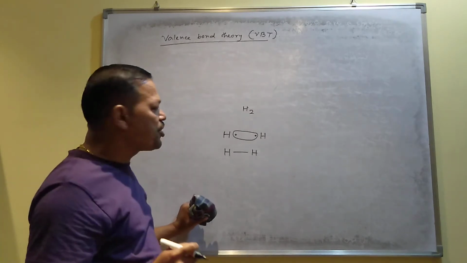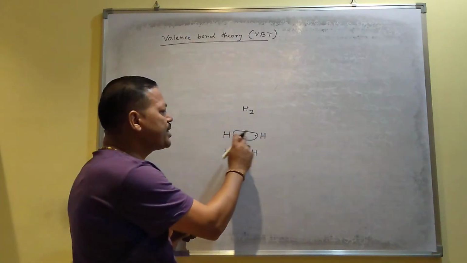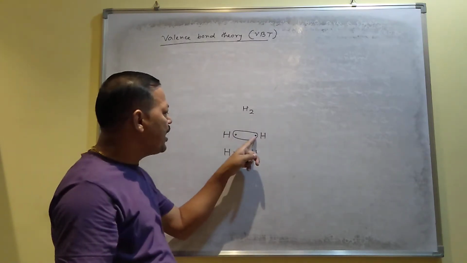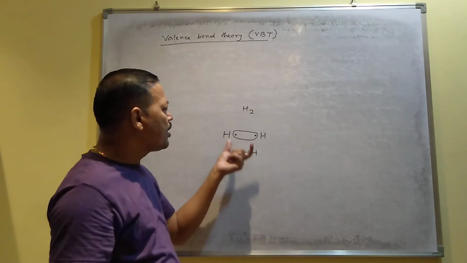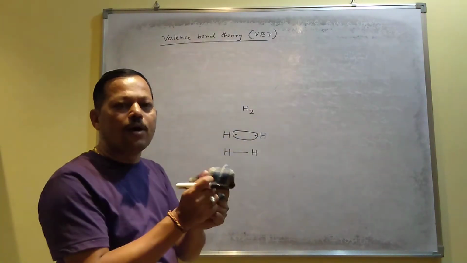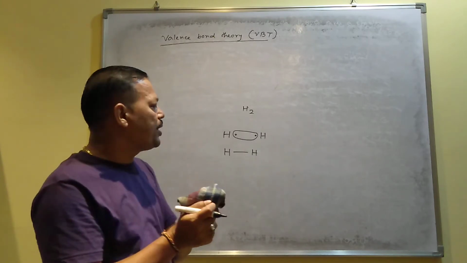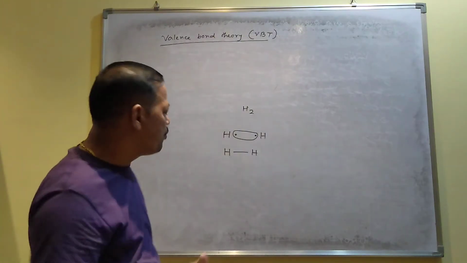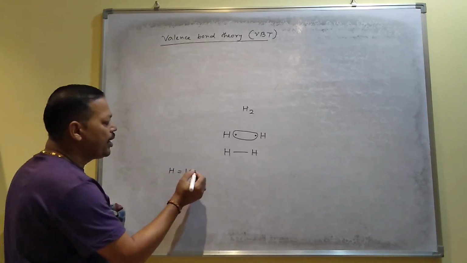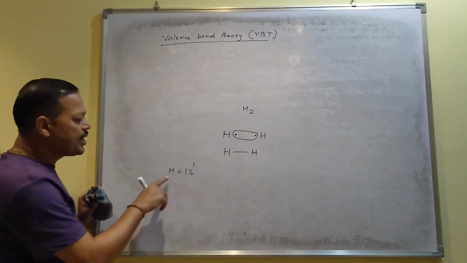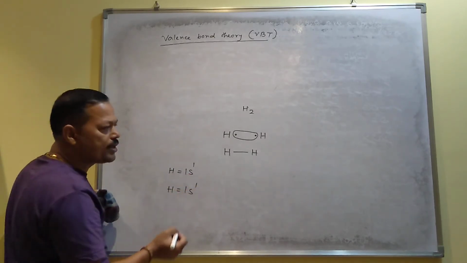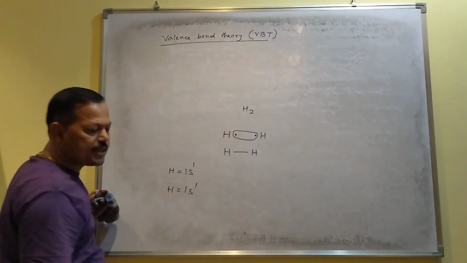In quantum chemistry, you have got the electrons are present in the orbital. According to valence bond theory, when these electrons take part in sharing, the orbital also involved in sharing. The orbital undergo overlap, and due to this overlap of orbitals, the covalent bond will form. For example, as you know, hydrogen contain 1s orbital and hydrogen contain 1 electron, so its electronic configuration is 1s1. Similarly, another hydrogen configuration is 1s1 since two hydrogen atoms are present.